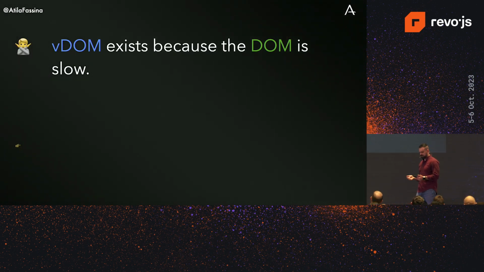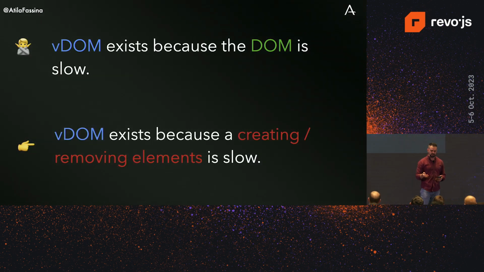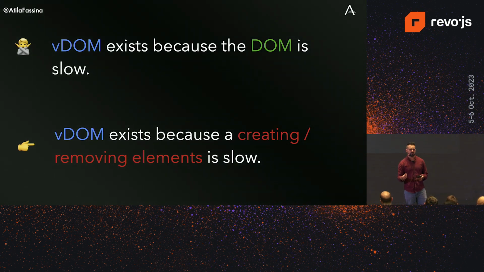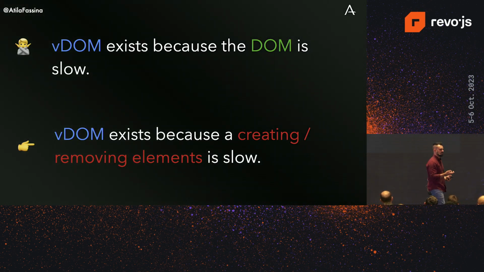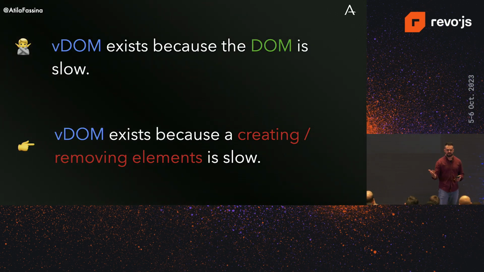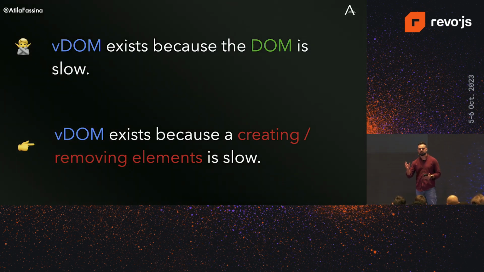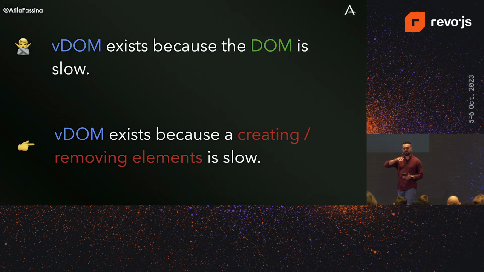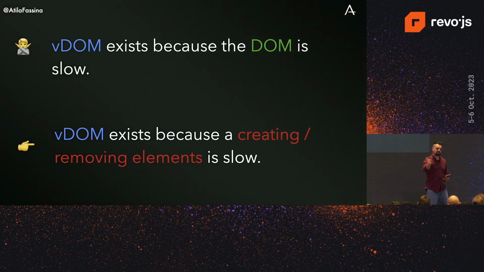The DOM is not necessarily slow. What is slow is when we're doing operations of removing and adding things to the DOM. And essentially that's one of the reasons why the abstraction of the DOM, the VDOM, came to be, to address all those nice ideas, all those prerogatives. The first idea was to abstract the DOM away